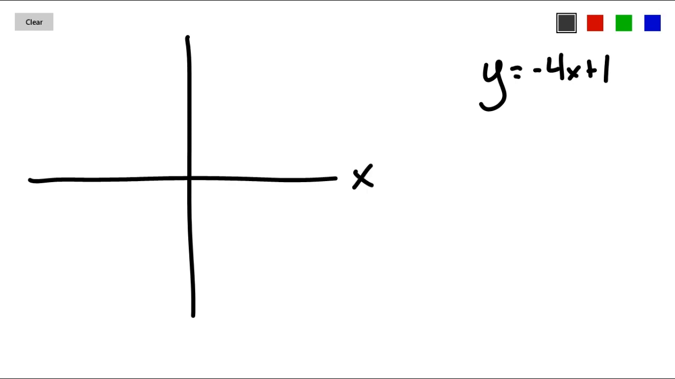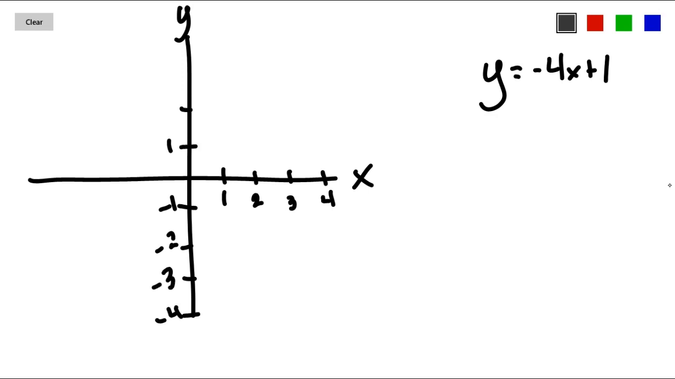So let's say I had the equation y is equal to negative 4x plus 1. So I'm going to have my graph at the ready over here and then label the axes. And there we go. So based on what I've shown before this, what I can do is I can construct